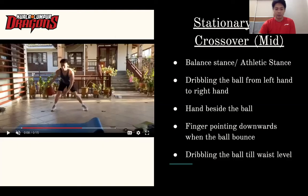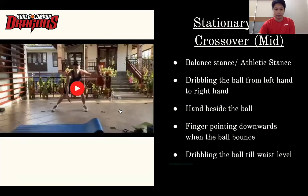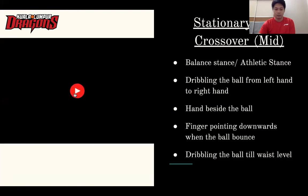The leg is trying to push backwards, and this leg as if it's going frontwards. So when you push the ball to the right hand, your left leg is pushing backward. That's why the knee is going inwards. And then in a normal situation, the right leg should be going frontwards, and you are driving past your defender. Right, on a side view,